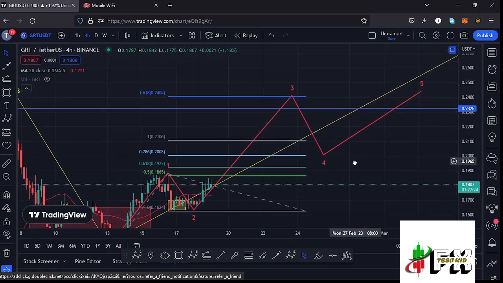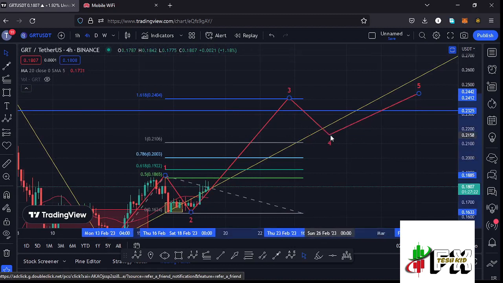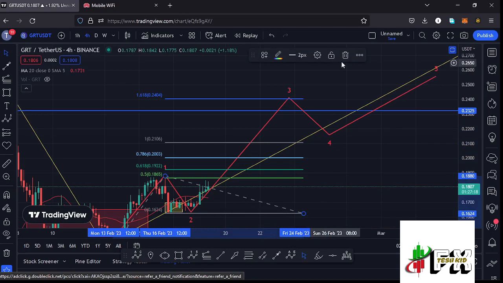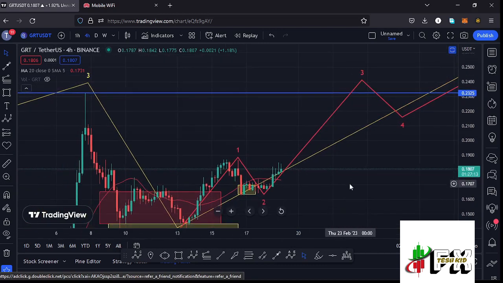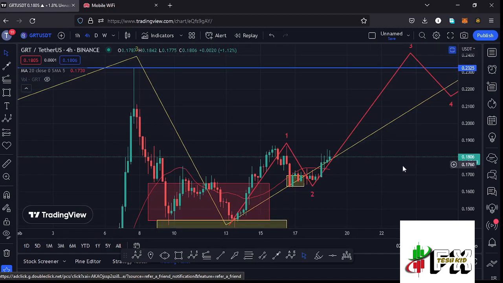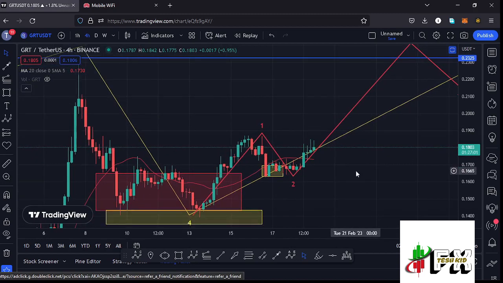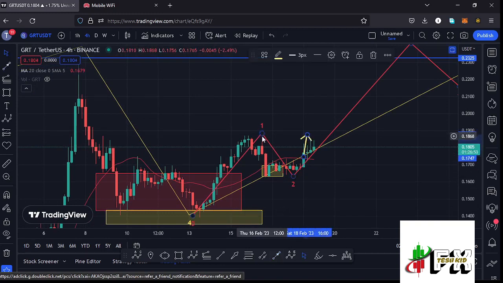And once the high for that wave 3 is in, then we can expect a wave 4 and then push even higher in the formation of that wave 5. And in the formation of that wave 3, for it to play out, there are key moves that we need to continue watching, and the very first one is a break above the 20-day MA here on the 4-hour chart, which at the time of this recording we have managed to break above, and we are trading above the 20-day MA, meaning we have the support that we need for us to continue pushing even higher, and also see a break above the wave 1 high at around the